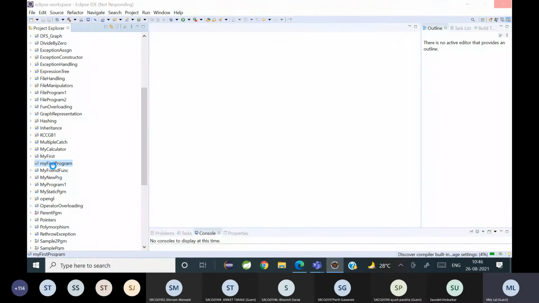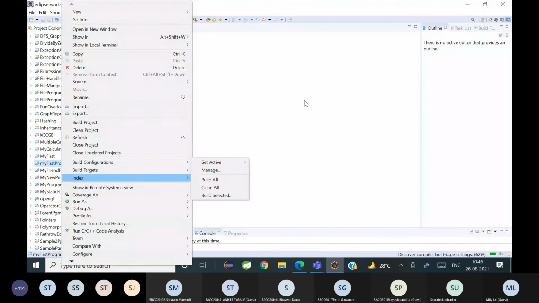Executing code along with Microsoft Teams is always a problem.